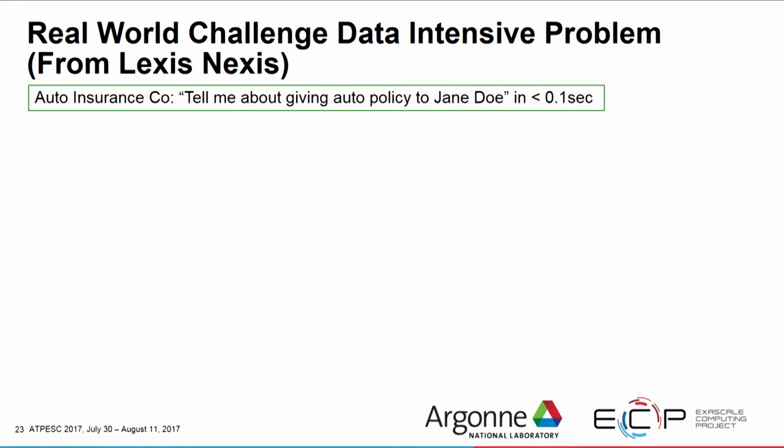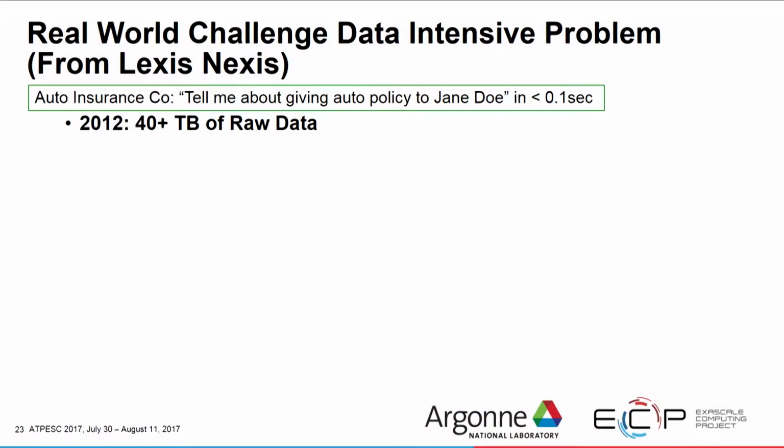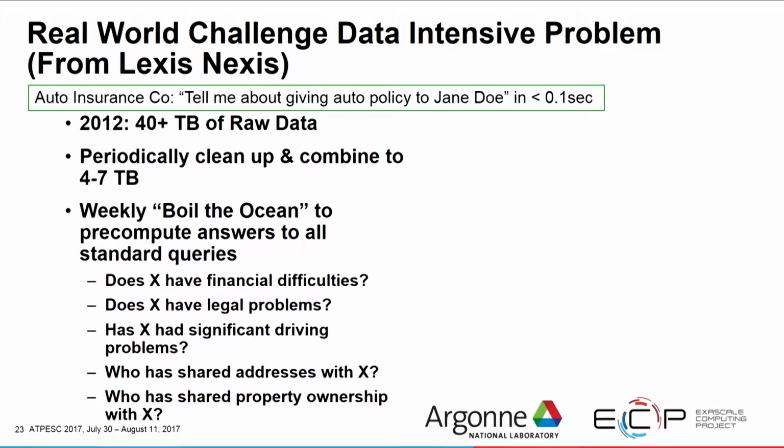And just to set the stage, Geico is a website. You can type in your information and get a quote back in, typically, under a second. Geico has LexisNexis do all the processing from the public databases. In 2012, when I did this study with Lexis, they had about 40 terabytes of raw data. They periodically cleaned it up. And what they did, and they still do this today, is they weekly boil the ocean. They take all the most recent public data, and this takes all weekend to do. And they pre-compute for everybody in their databases, which is now like 600 million people,